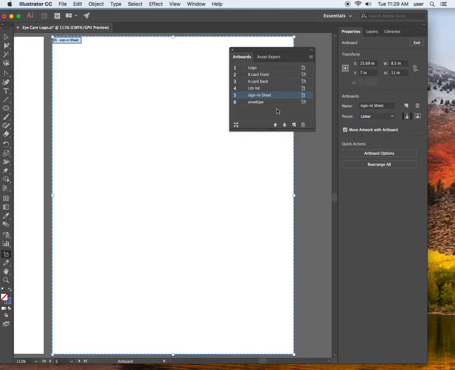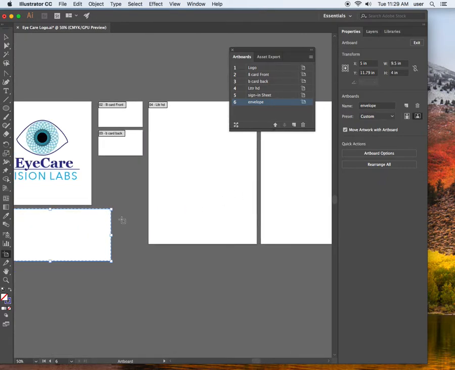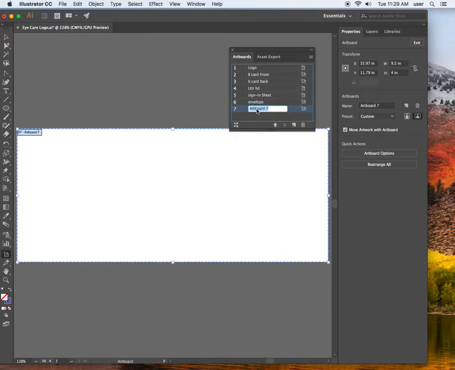So the size of the prescription is going to be 4 inches wide by 5 inches high, or vice versa. Doesn't matter which way. So I'm going to create a new one based off of my envelope design, because that's kind of long. I'll create new, call this prescription,